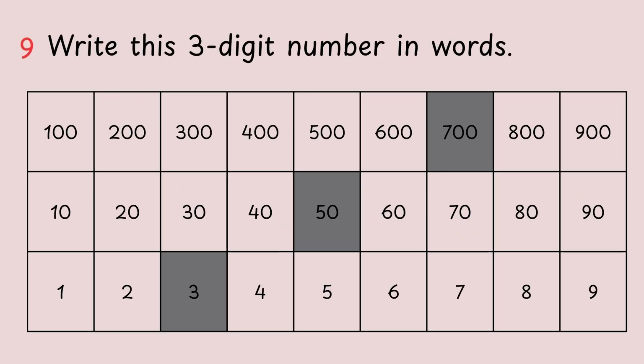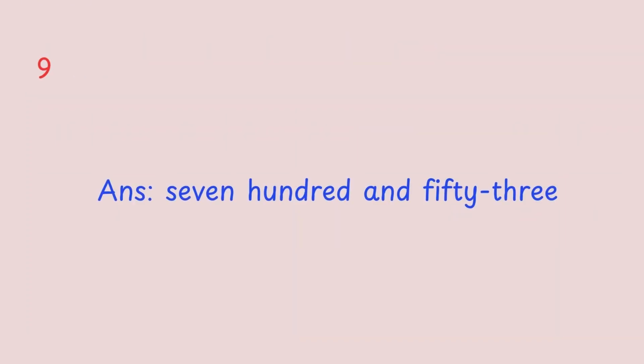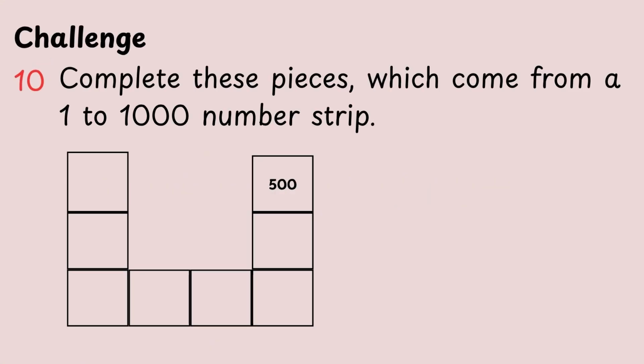Write this 3-digit number in words. So to find the secret number, we have to look for the shaded box in each row and combine their values. So we can see that the number 700 is shaded, the number 50 is shaded, and the number 3 is shaded. So combining these values gives the 3-digit number 753. So if we write it out in word form, the answer will be